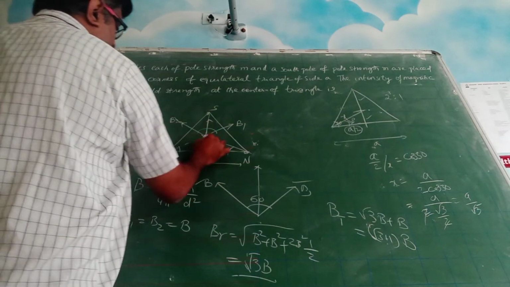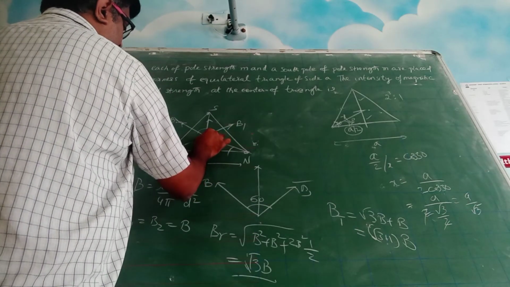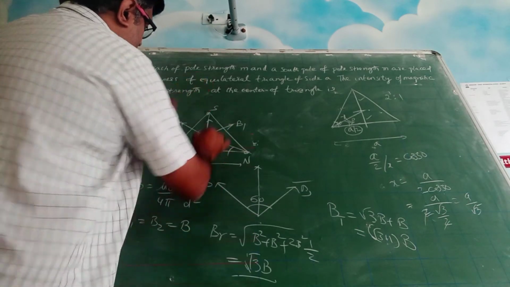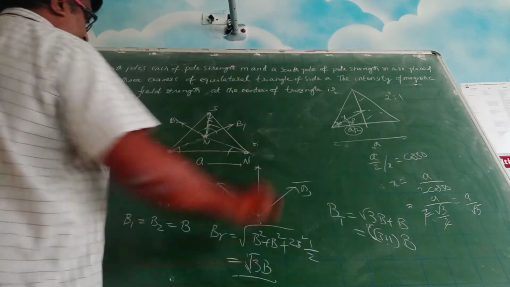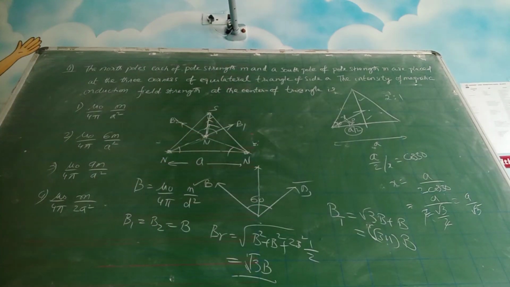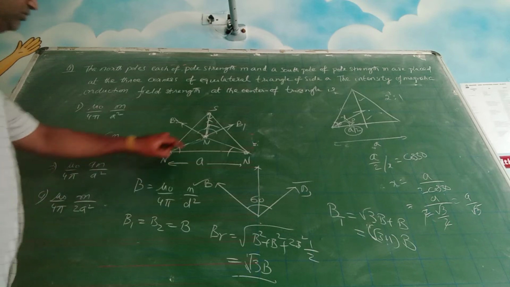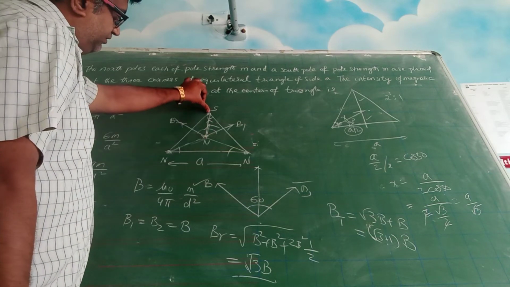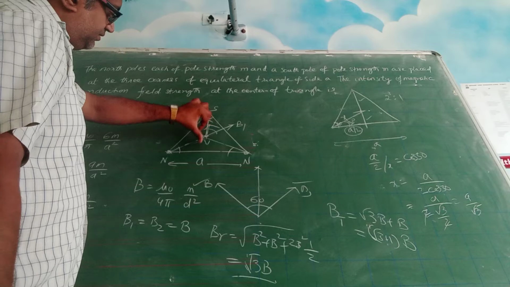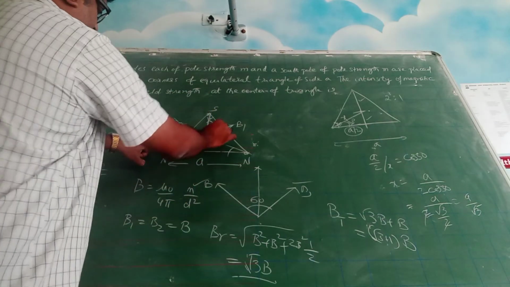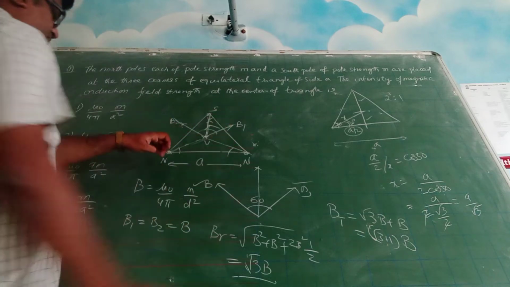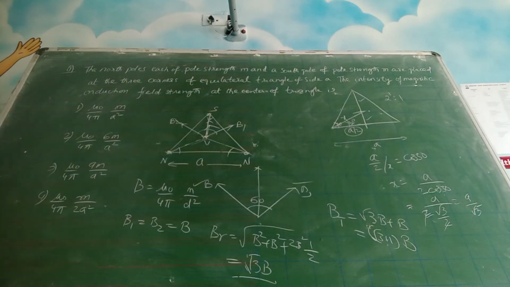So this is repulsion, this is repulsion. Alright, there is a north pole here. So this will feel attraction towards it, and this will be like this. So towards the north pole, this will feel attraction, isn't it? So here what we have done, this is repulsion. Repulsion means away. So it is root 3 plus 1 into b.